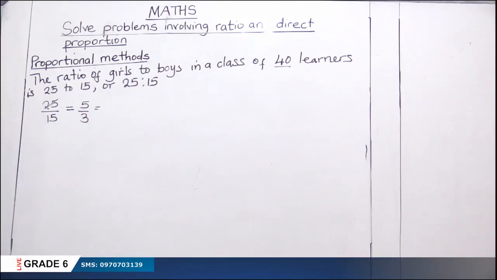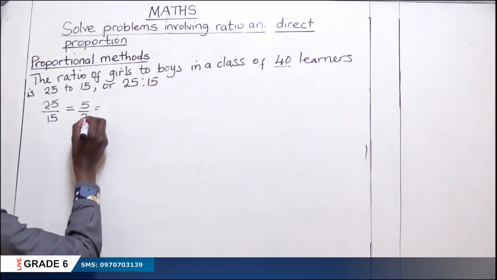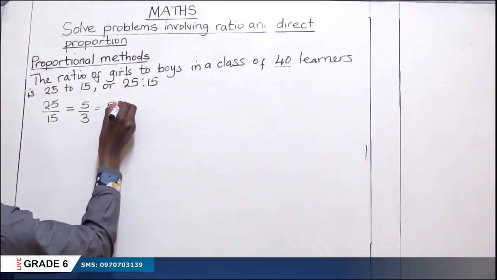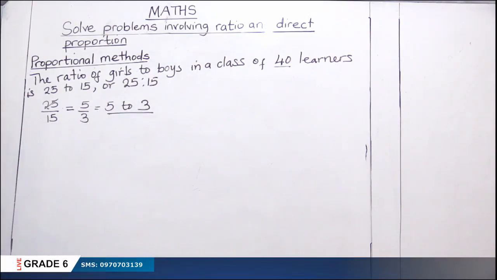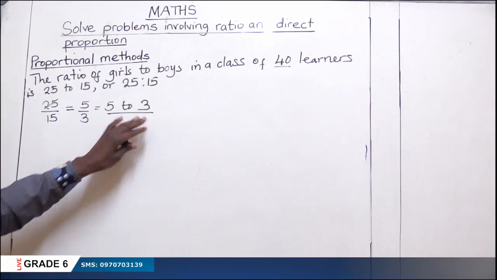So we have 5 girls and 3 boys. We can write 5 over 3 as 5 to 3, meaning 5 girls to 3 boys